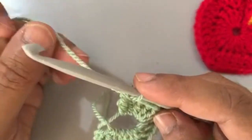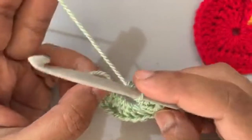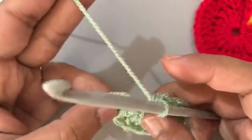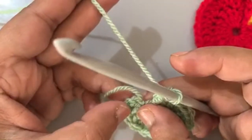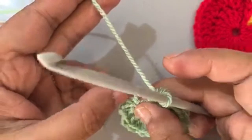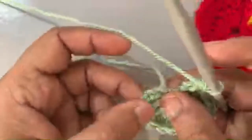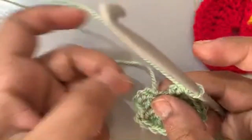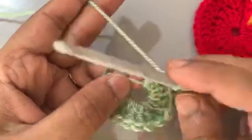Okay, now the last 2 stitches of this row, 2 double crochet. Here we have done 3 chain spaces and 1 double crochet. We know that 3 chain spaces we count as a double crochet. So we'll think that these are 2 double crochet, and to mirror this effect we have to crochet